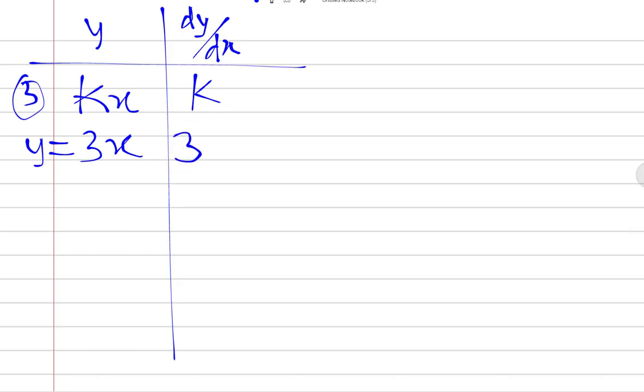Do you know why it is like that? The reason is that we said the natural differentiation is generally n x raised to power n. If I have x raised to power n, then we say the derivative is n x raised to power n minus 1. Are you seeing that? Now 3x is the same thing as 3x raised to power 1. Yes or yes? And that's the same thing as 3x